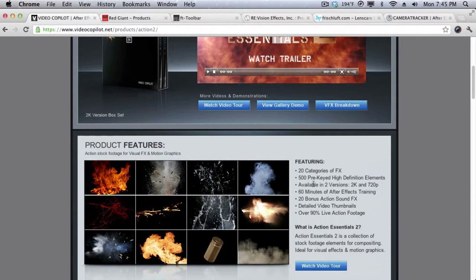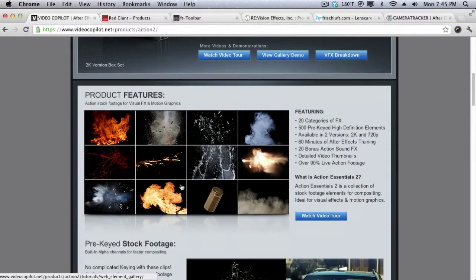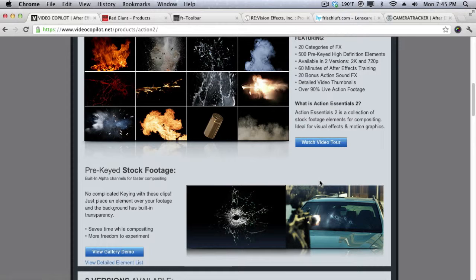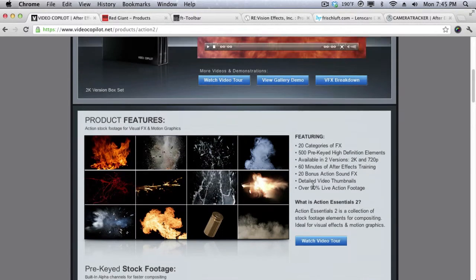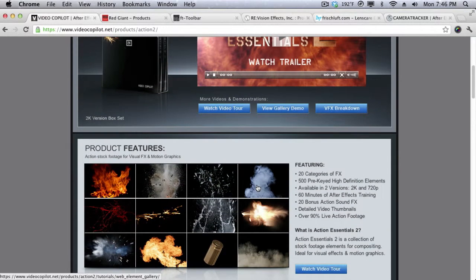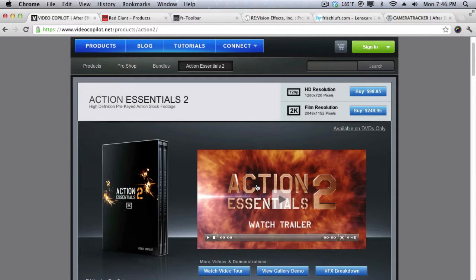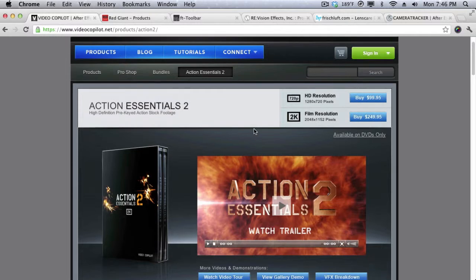You get a whole bunch of bullet hits, explosions, flames, blood hits, just a whole bunch of elements here as you see here. And again, they have a ton of walkthrough and tutorials you can check out, so really cool. And this is the package where I got that flame element from lesson 27 in the tracking tutorial, so definitely check it out. Very affordable. And this product will really pay for itself, especially if you want to major in one of those visual effects